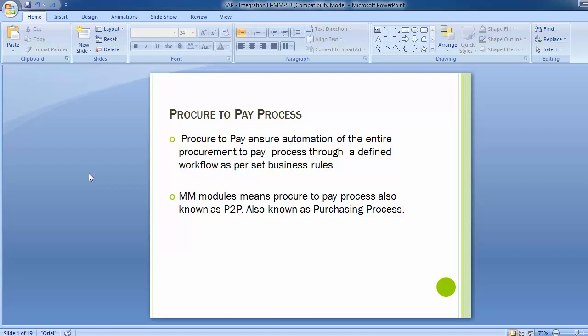So, the procure to pay solution ensures automation of the entire procurement to payment process through a defined workflow as per the set business rules. It enables the organization to gain control and visibility over the entire life cycle of a transaction, from the moment goods or services are ordered to the final invoicing, providing deep insight into the budget and the monetary commitments as well.